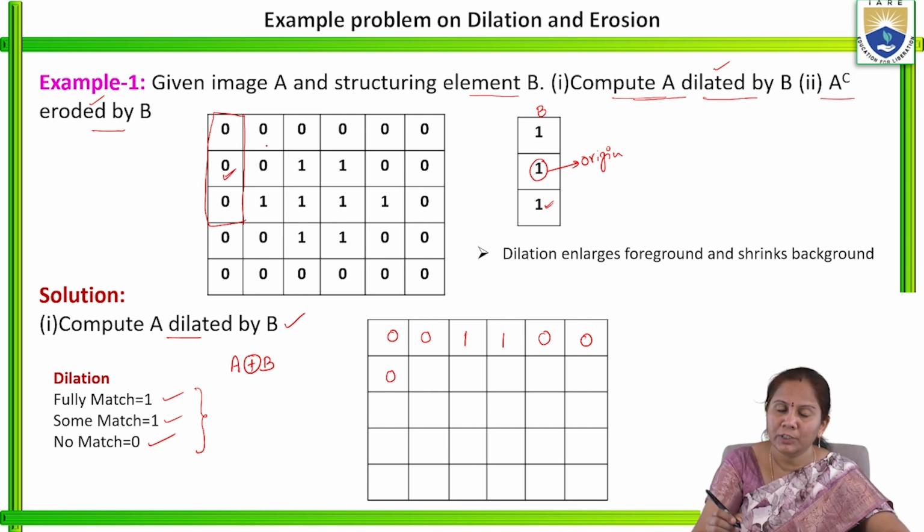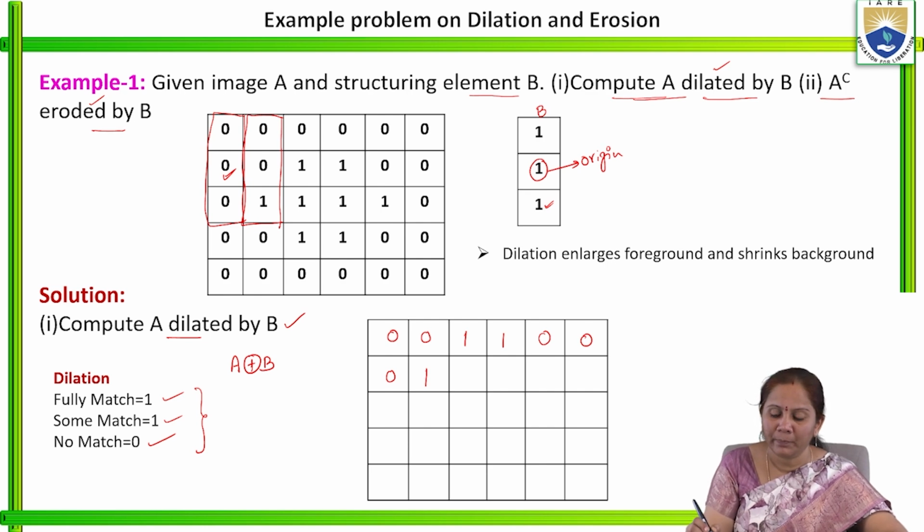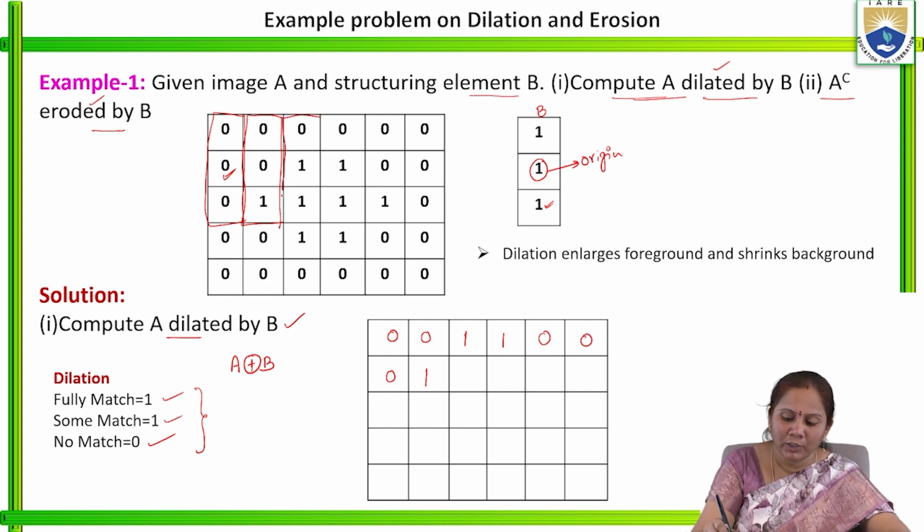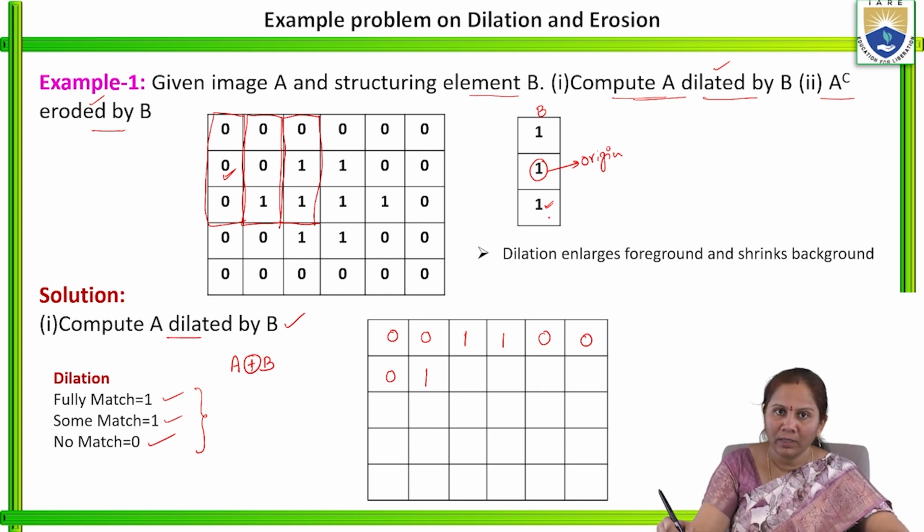So we have to keep this output pixel value as 0. Similarly, shift the mask towards right. The structuring element will come here next. 1, 1, 1 values, and here it is 0, 0, 1. One element is matched, so here it will become 1. In the same way, shift the structuring element. Here 1, 1, 1 are the values in the structuring element, and here 0, 1, 1. So at least two values are matched, so the output pixel value is 1.